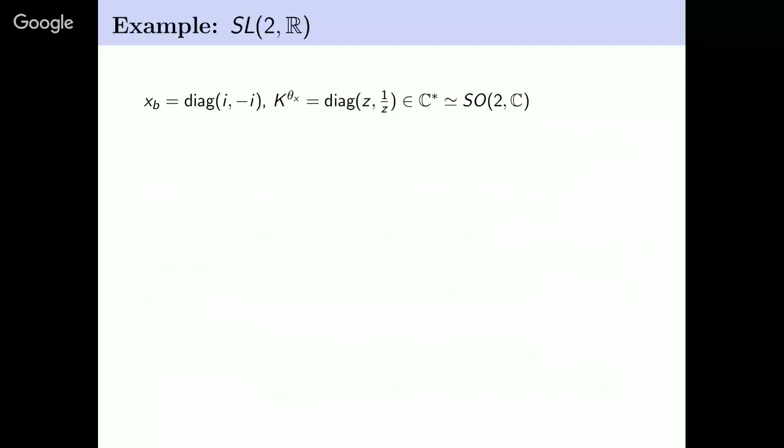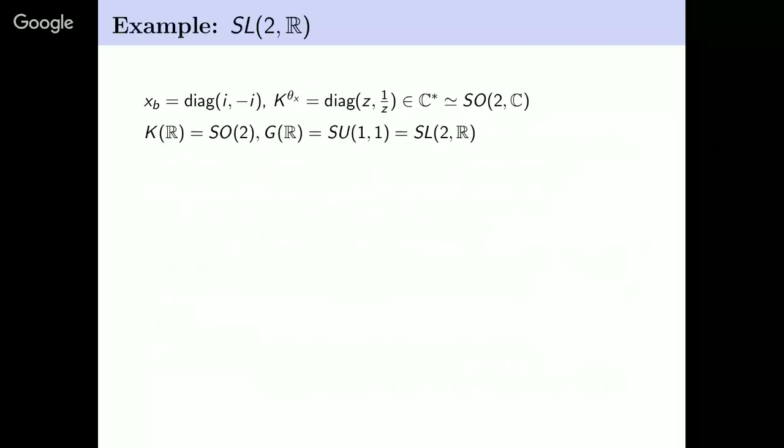Notice that if you square this element, you get minus the identity, which is central. And the stabilizer of this element is the diagonal torus Z, 1 over Z, which is isomorphic to C cross, which is isomorphic to SO2C. And that says that the real points of this group is the compact form of SO2C, which is SO2. And what's the real form of SL2C that has maximal compact SO2? Well, of course, that's SL2R. And in this incarnation, it's better to think of it as being SU(1,1). Okay, so